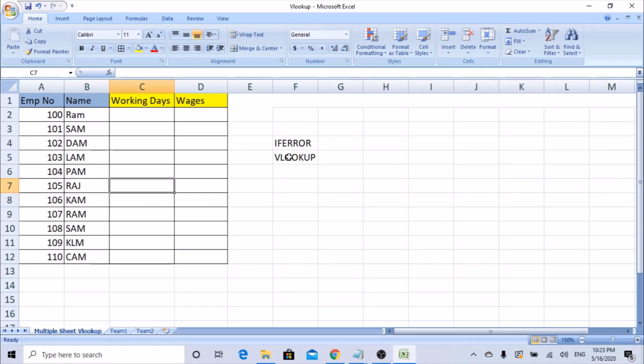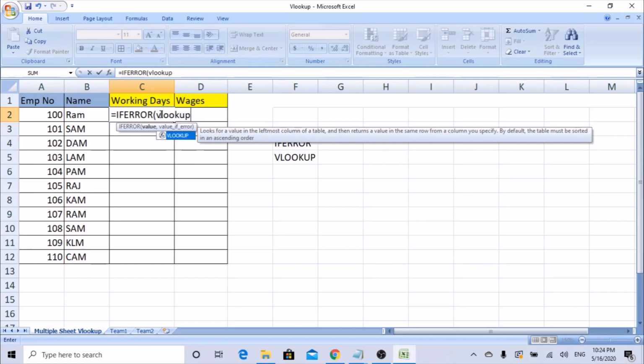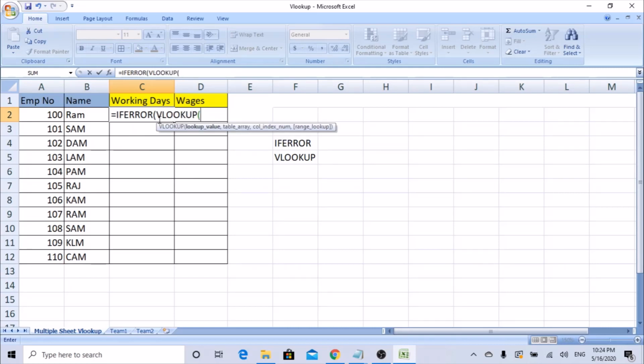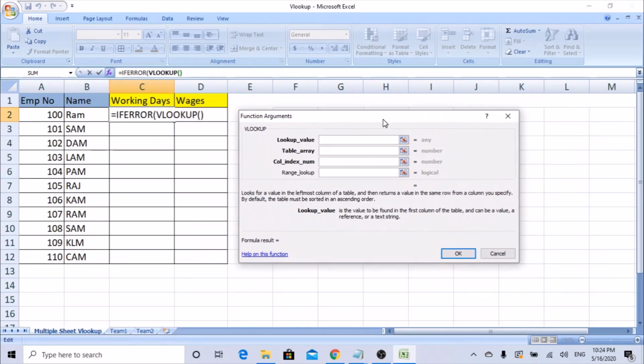Let's start so that we'll get to know how we can apply this. So it's IFERROR and VLOOKUP. Start with IFERROR, open tab. So now you see IFERROR. Once you open this bracket, we're going to put the VLOOKUP function. So I just put a VLOOKUP function and open bracket. A lot of people directly type the formula here. Let's use Insert Function, which is much clearer and easy to understand.